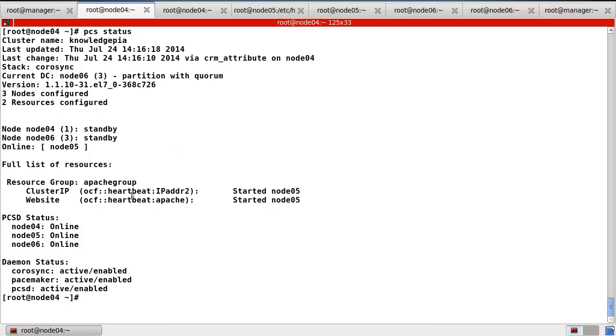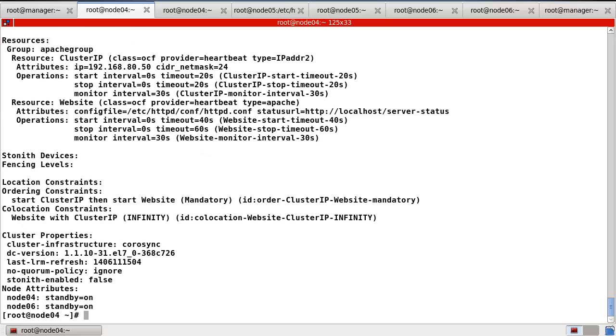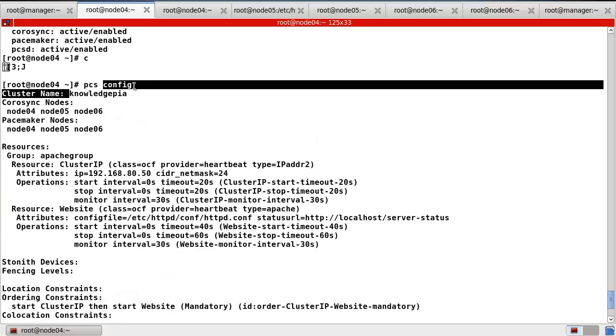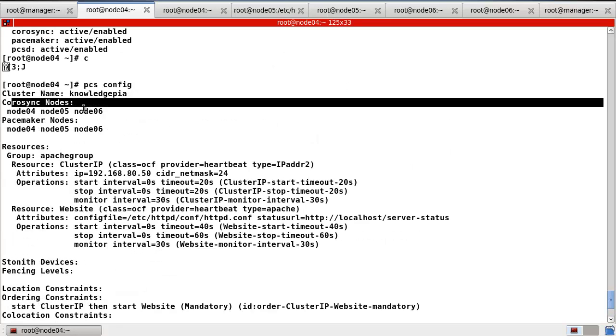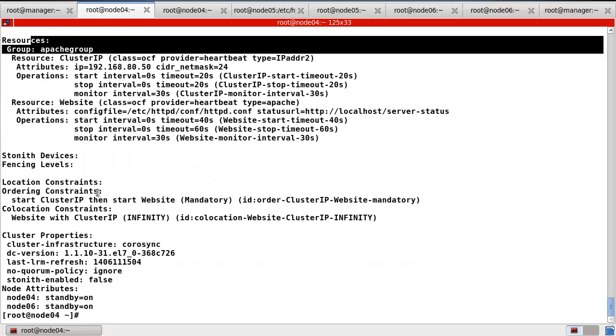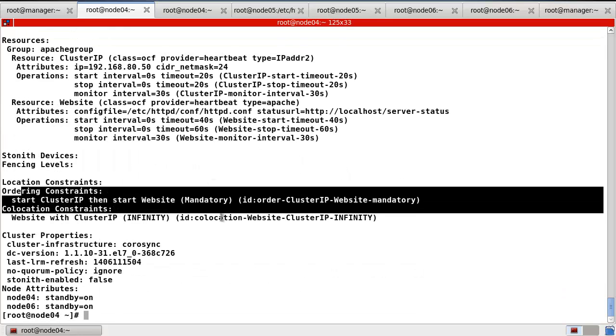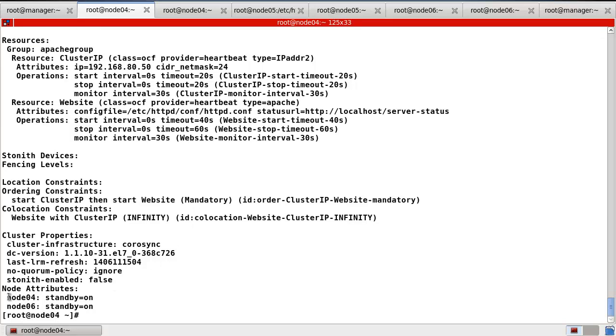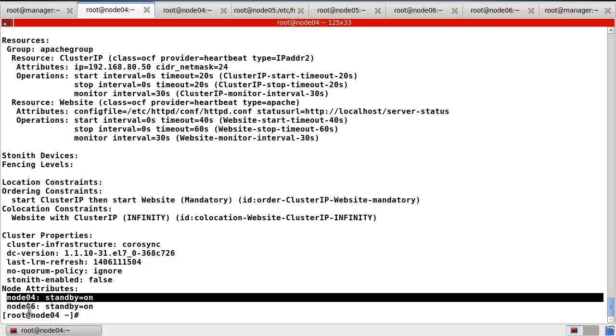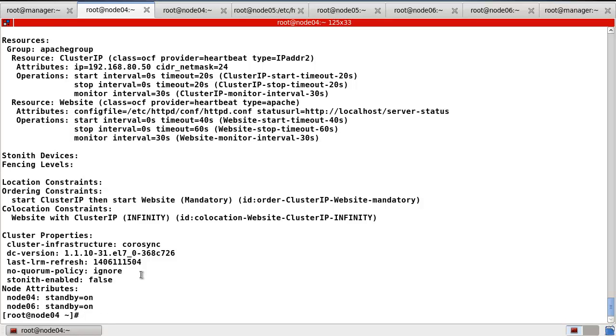Okay, now this one started on node 5 automatically, and node 4 and node 6 are now in standby mode. And using PCS config, okay, here resource, and also this kind of constraint, and now here, okay, node 4 and node 6 are our standby.